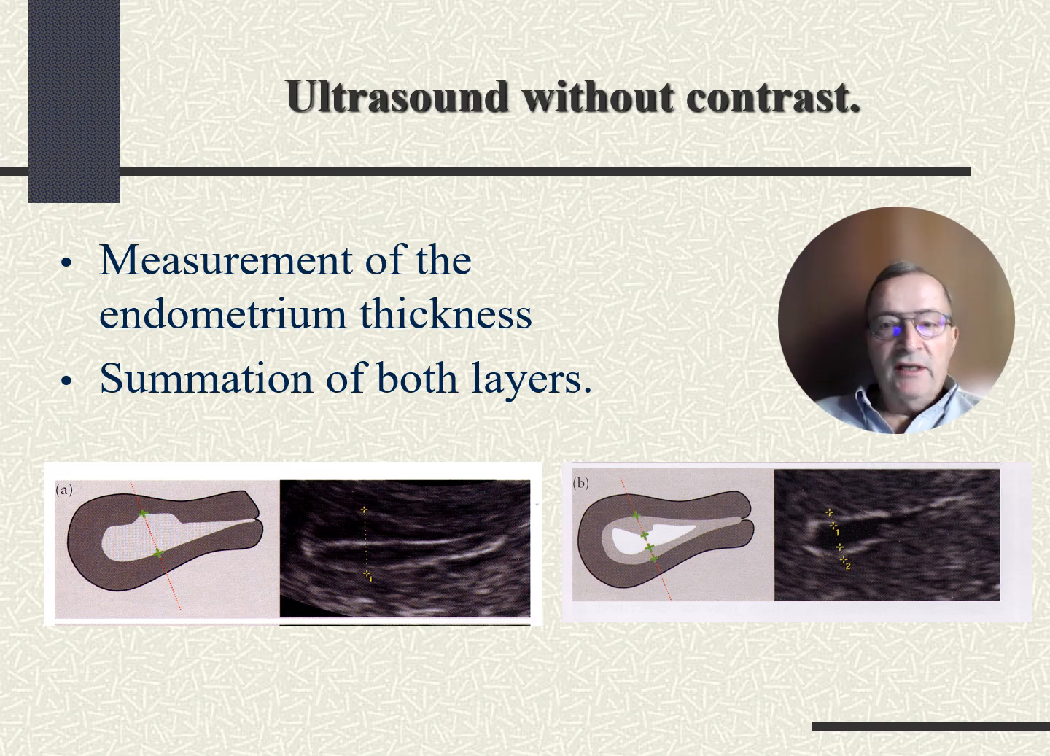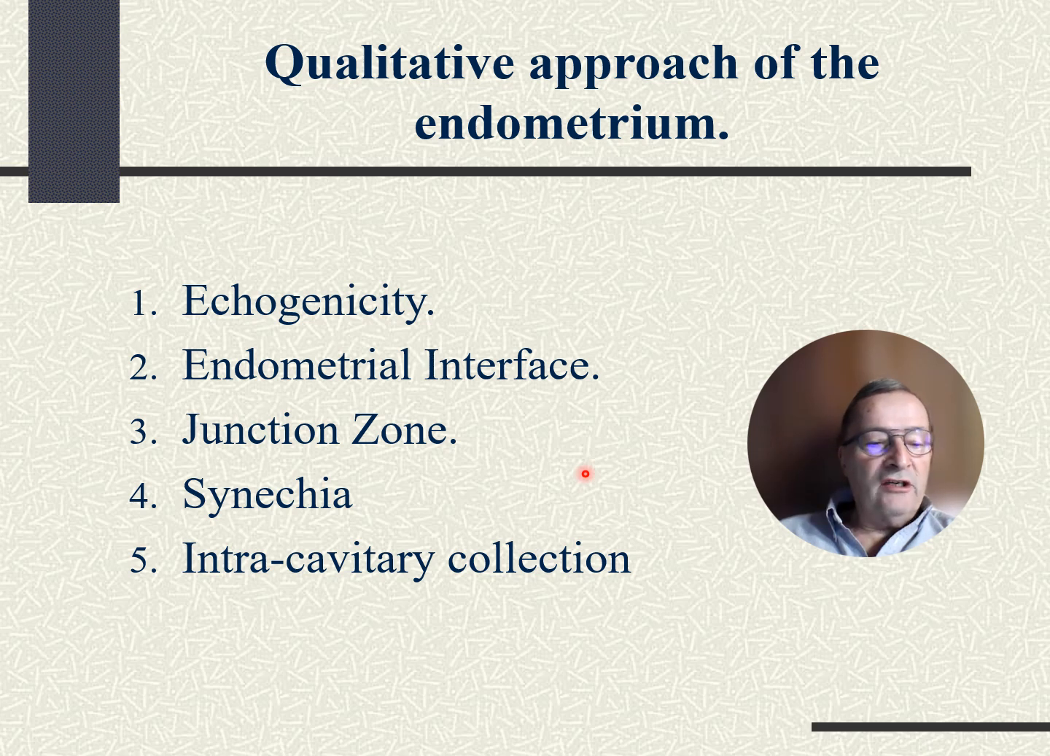The first approach is the biometric approach, where we will measure the thickness of the uterus and the endometrium, ensuring to include the summation of both layers. In case of effusion, of course, we will not include this measurement in the endometrium. Then we will make a qualitative description of the endometrium on 5 points. Its echogenicity, the endometrial interface, the famous junction zone, if there is any synechia, and